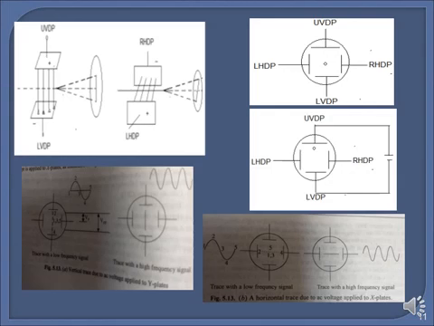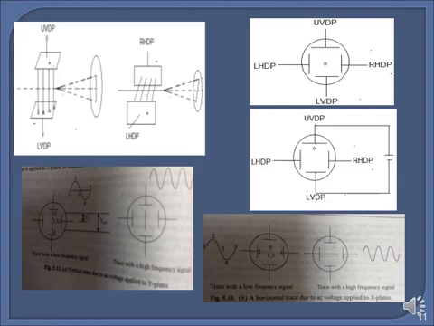Similarly, the X plates, that is, the horizontal deflecting plates, are mounted vertically. So when a potential difference is applied between these plates, an electric field is produced horizontally between these two plates. So when the electron beam passes through these plates, it will be deflected horizontally. Hence these plates are called horizontal deflecting plates. RHDP means right horizontal deflecting plate and LHDP means left horizontal deflecting plate.